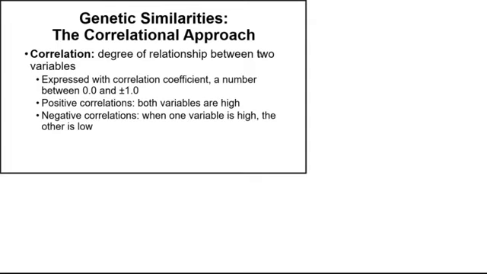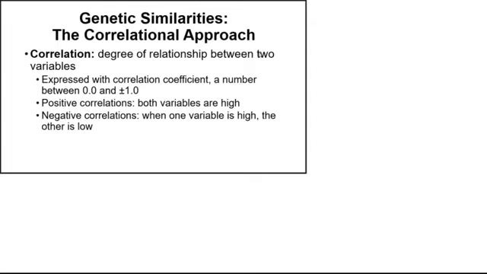So if we were looking at a correlation between height and weight, taller people also tend to be heavier because there's more mass to them. They are just bigger people overall. So we would see a positive correlation between those. It's not a perfect correlation. It's not an absolute where all taller people are automatically heavier than someone shorter than them. But we would say maybe there's a